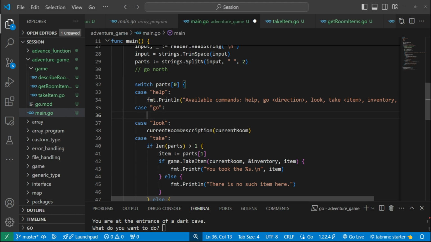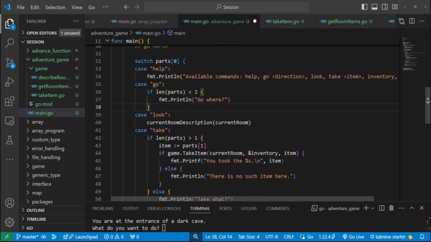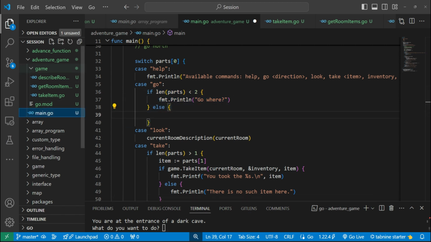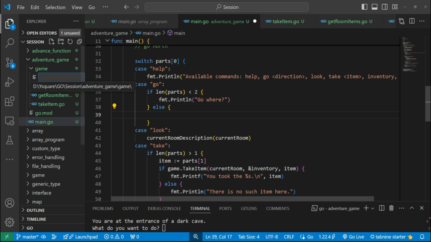We will show a message where you want to go. So this is the message that will appear. If the user has these two parts, we will take some action. Okay, so to make the segregations, we will make one more file, guys, and that file name is move,